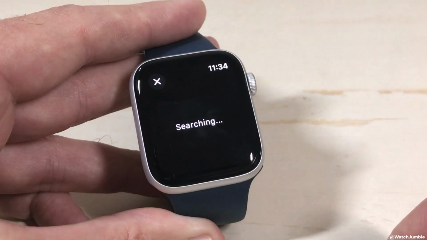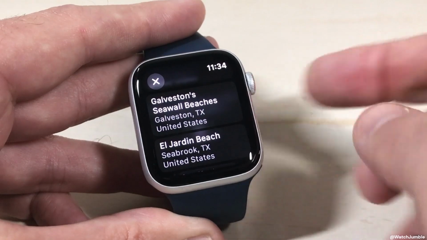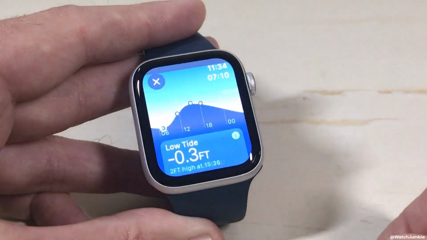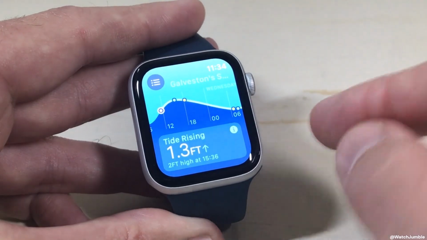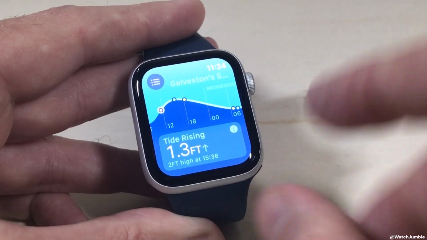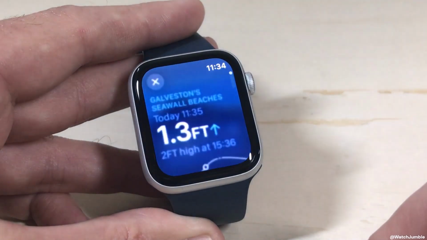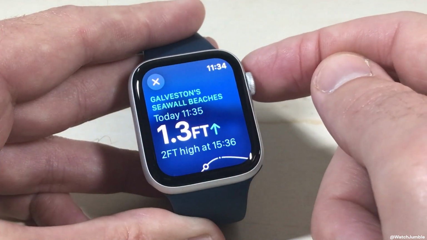We're simply going to search for a location. We're looking for the beach that we're interested in Tide information. I'm going to go ahead and choose Galveston. And then this is what it looks like. It's kind of cool. You basically have this information bar down here at the bottom that shows you your current information. I'm going to simply click on it, and you can see that today at 11:35, which is my current time,